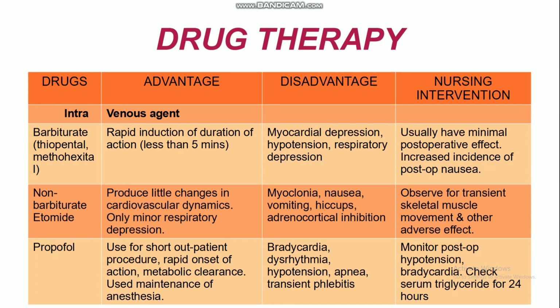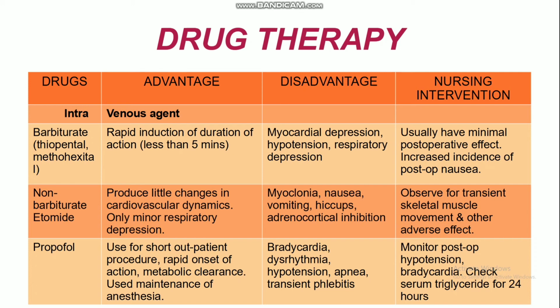And propofol. Propofol is mainly used for short outpatient procedures like colonoscopy or sigmoidoscopy, with rapid onset of action and rapid metabolic clearance. It is totally metabolized and excreted through the urine. Its disadvantages are bradycardia, dysrhythmia, hypotension, apnea. In nursing intervention, nurses should monitor for postoperative hypotension or bradycardia, and check the serum triglyceride